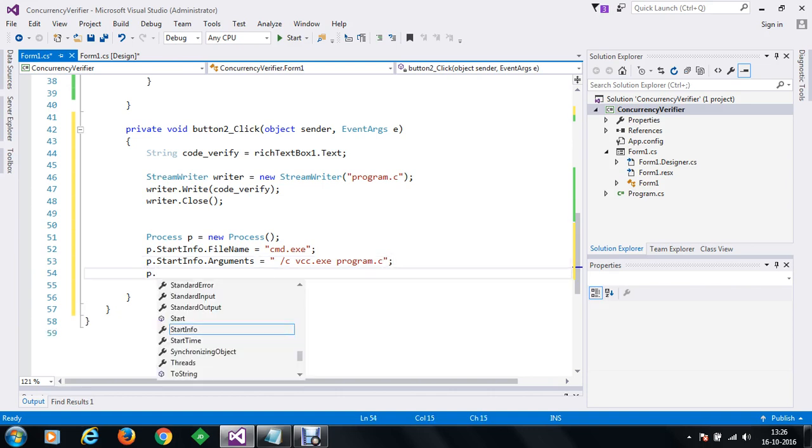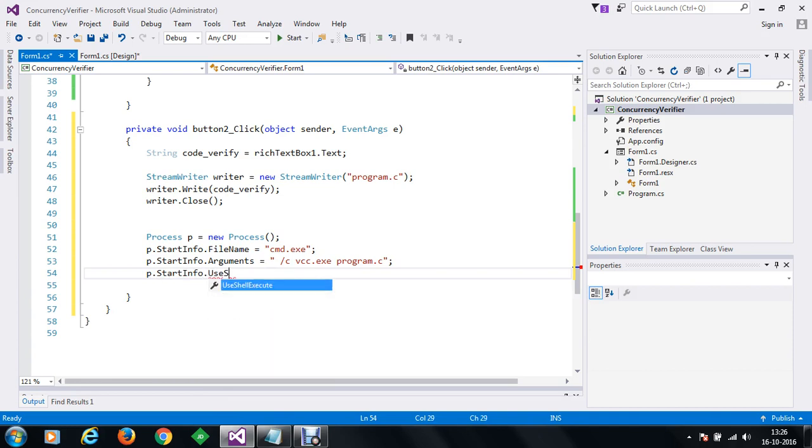Now we are going to set some more properties. We are going to use shell execute, and we are going to set it to false. No, we don't want a shell execute. We want to create the process of the command prompt, and whatever the output is, we have to receive the output in our variable.